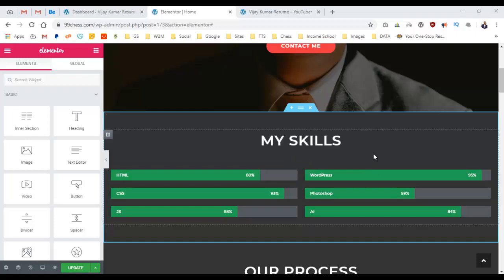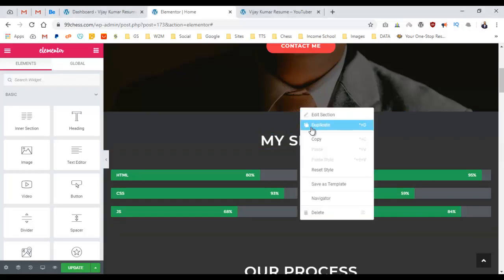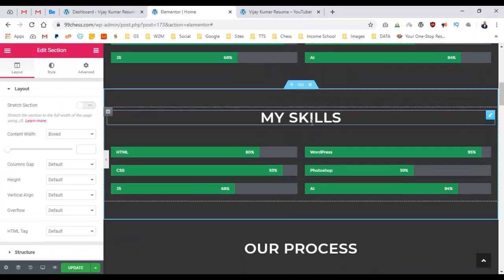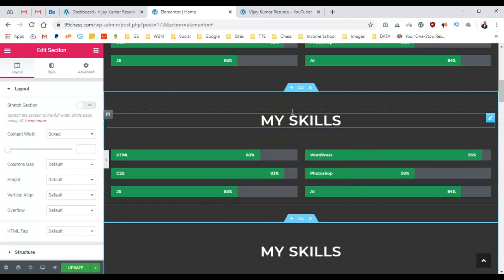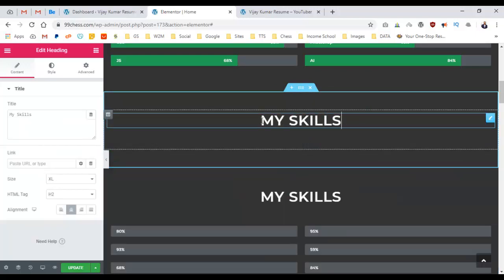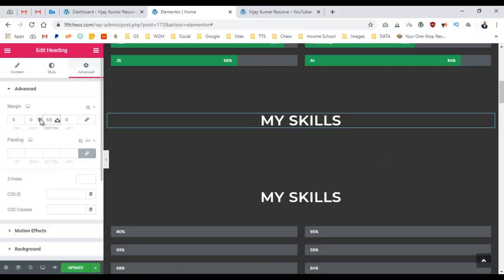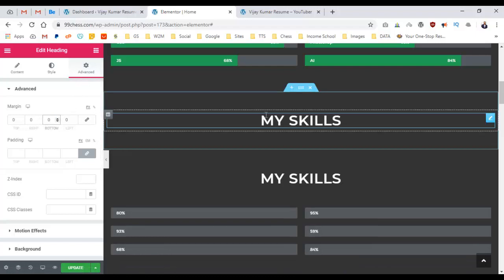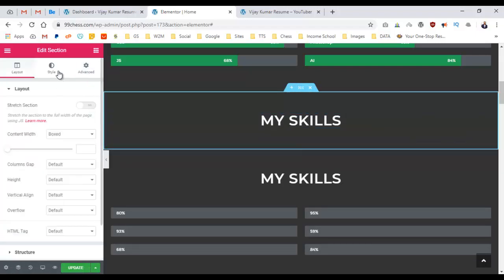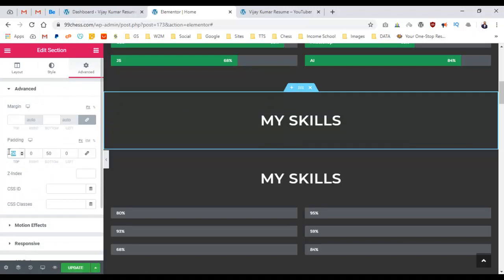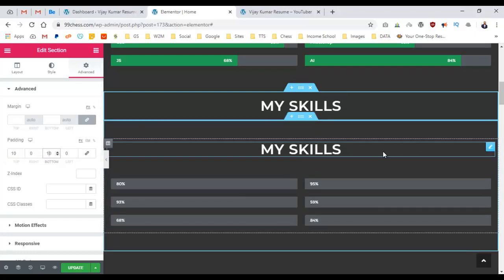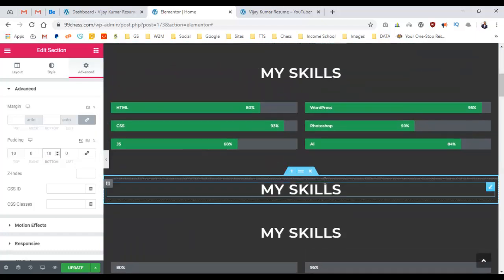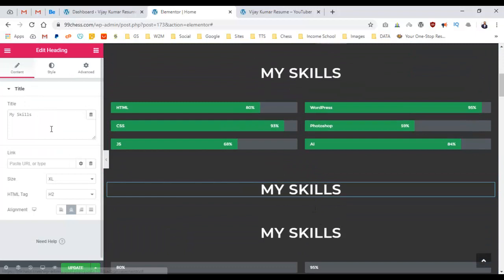After adding my skills section, we need to add the experiences section. For that, what I'm going to do is just duplicate this existing section and duplicate it again. So I'm going to keep only this title in a separate section, and remove its padding. As you can see, there is so much gap at the bottom of the section, and the padding for the main section as well, like 10 pixels and 10 pixels. Yeah, now this is the main title of the section. So what we call this is